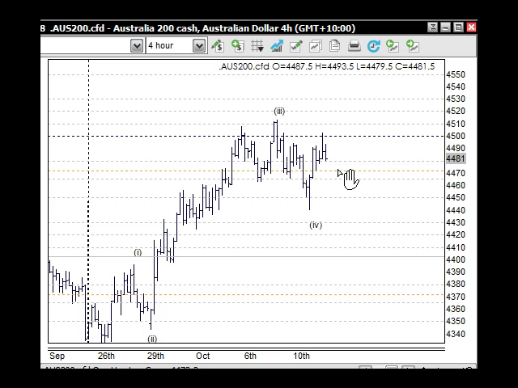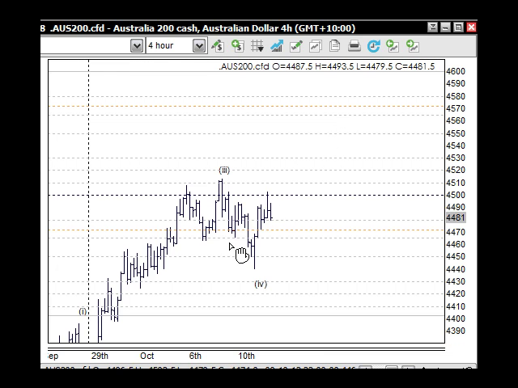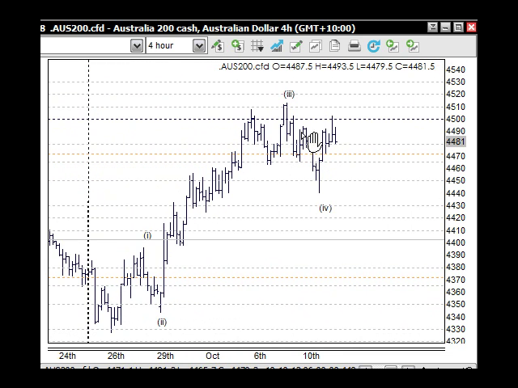But we could look at this up for 1 here and back for 2. If that was the case, then we'd have wave 3 up and wave 4 and wave 5. So we could be looking up at 45.50 or 45.72 there as the first high above the level there. So I think that's interesting. I have got this